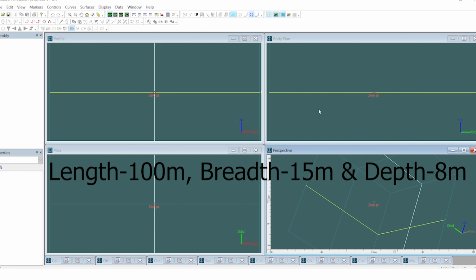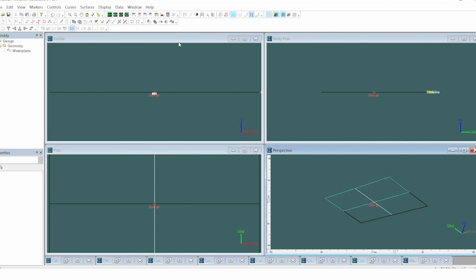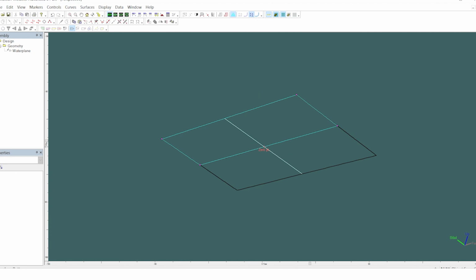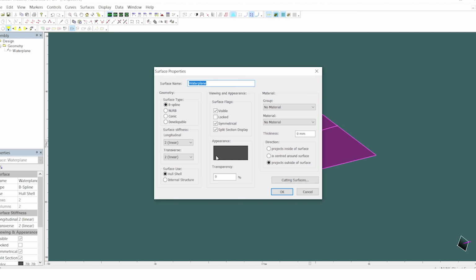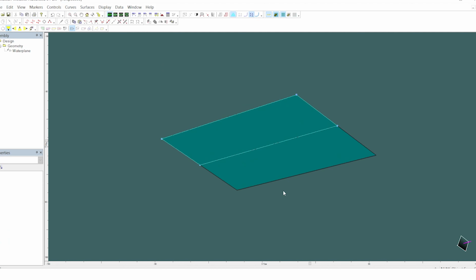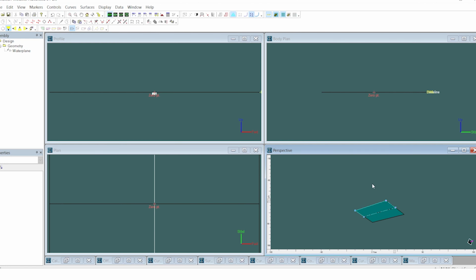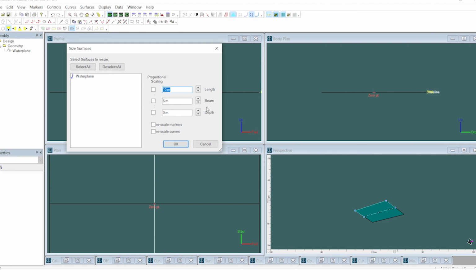So at first, I am going to take a surface, and the surface would be water plane, and I maximize the perspective and turn on the rendering option. I will change the color of the plane, and I love to take a light color. Okay, so that's it. Now I'm going to change and give the size of